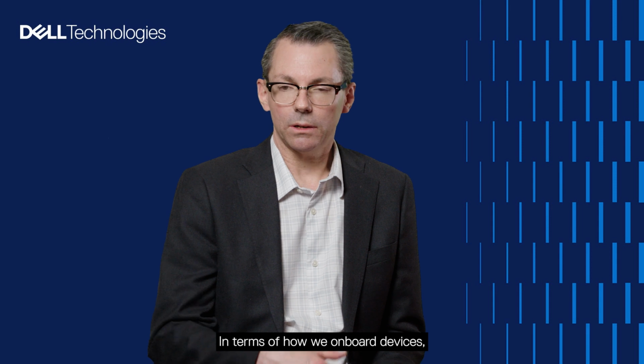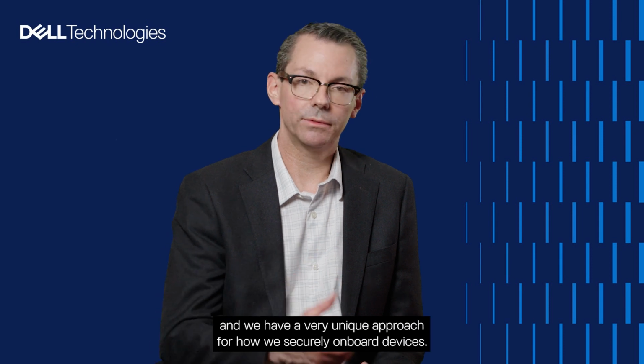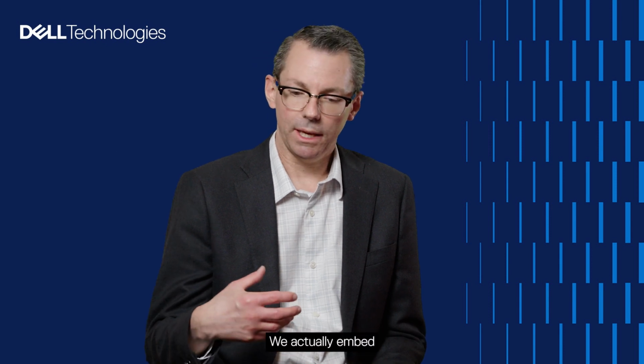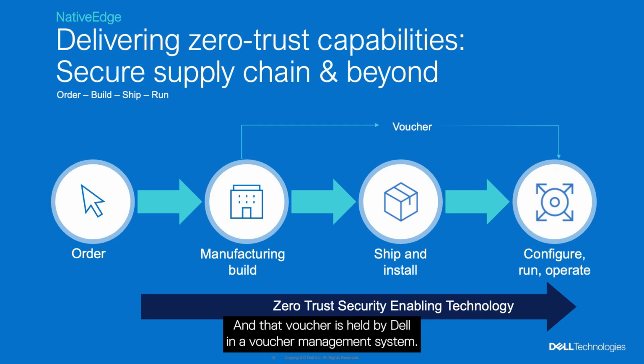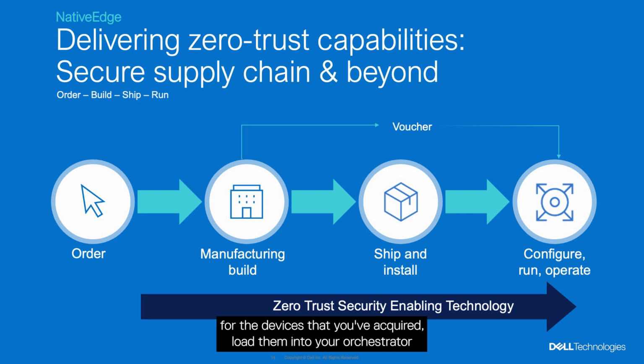In terms of how we onboard devices, Dell is actually innovating a lot in this area, and we have a very unique approach for how we securely onboard devices. We actually embed a certificate in the TPM of the devices during the manufacturing process. And we create a voucher, and that voucher is held by Dell in a voucher management system. And so that when the device is sold to an end customer, that voucher is signed over to that end customer. So as a customer, you can download the vouchers for the devices that you've acquired, load them into your